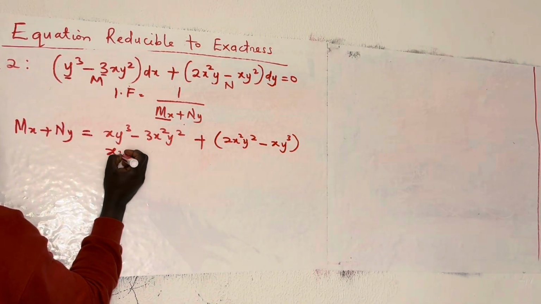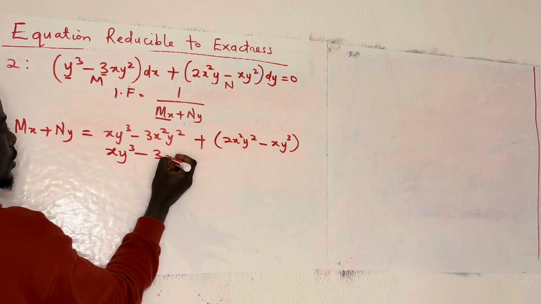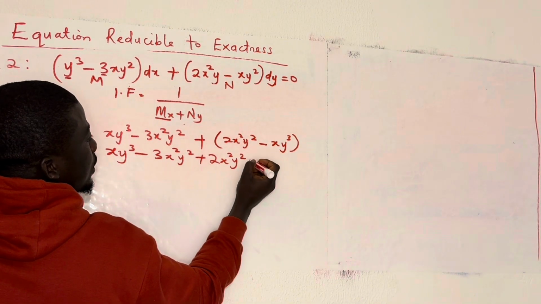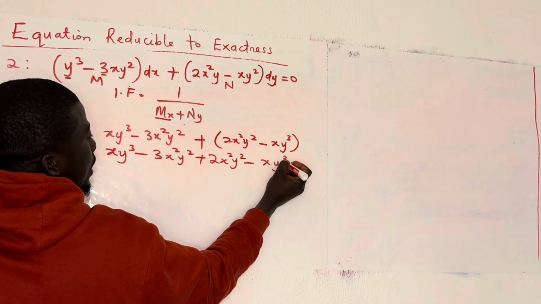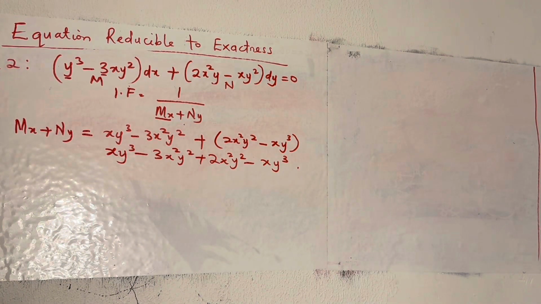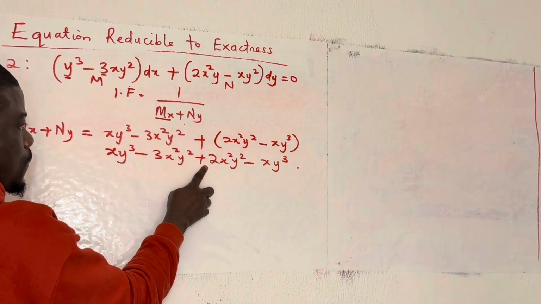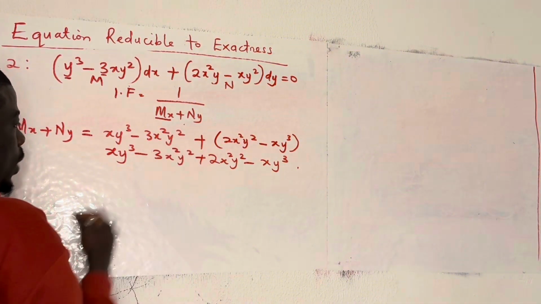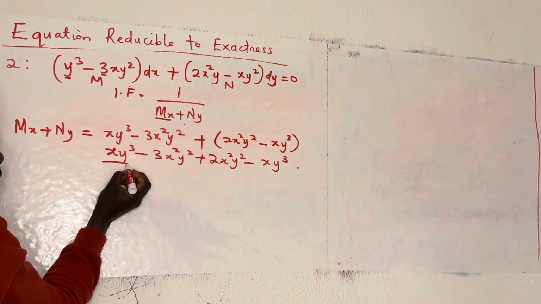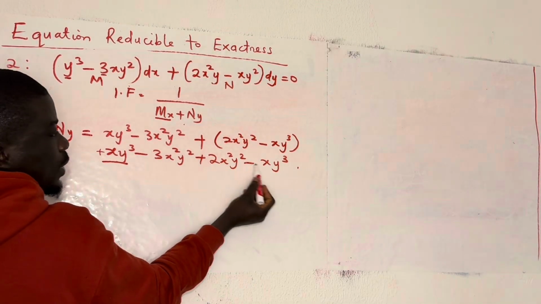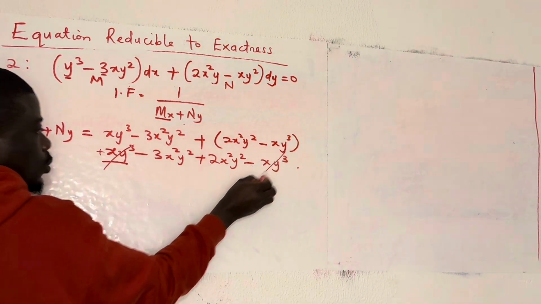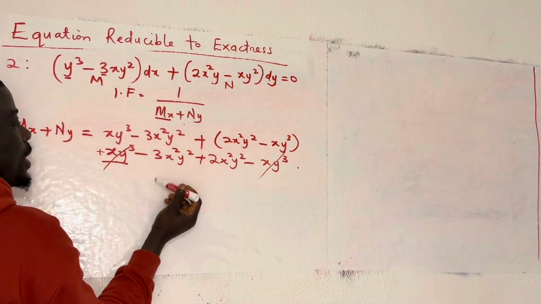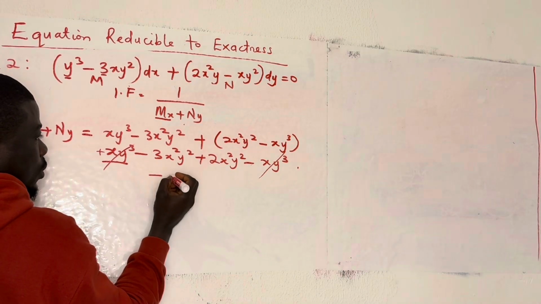At the end of the day, we have xy cubed minus 3x squared y squared plus 2x squared y squared minus xy cubed. If you look at this, 2x squared y squared, 3x squared y squared. Now this is xy cubed plus, and we have minus xy cubed. So this and this will cancel out. We are left with minus 3x squared y squared plus 2x squared y squared, meaning our final answer will be minus